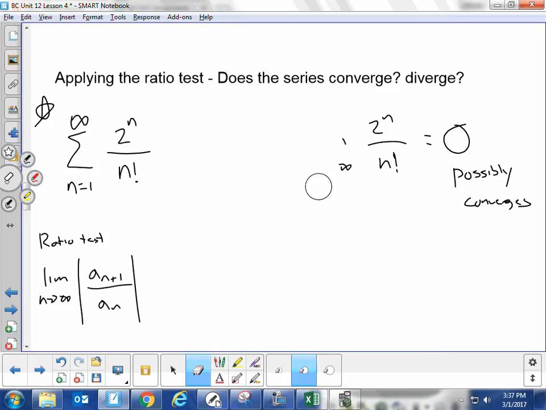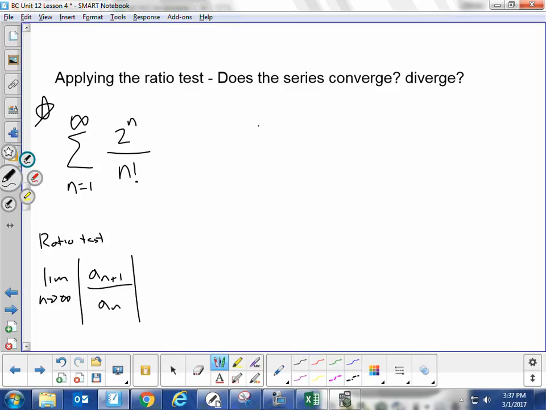Now, it's important to understand, what does a to the n plus 1 look like? Well, we can write it out. Instead of just using n, we're going to use n plus 1. When we substitute n plus 1 for n, it is always good to use parentheses. Sometimes it's necessary, sometimes it's not. For 2 to the n plus 1, it's not necessary to use parentheses, but in the n plus 1 factorial,